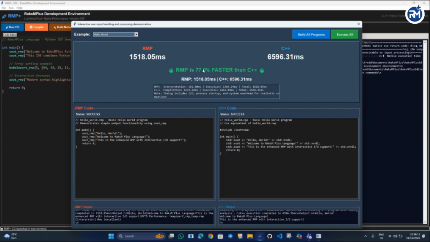You can see my themes are still running and the RMP application is running. Even the themes are a little bit of a heavy application. So on a CPU like an Intel Celeron, with this particular workload, RMP is much faster than C++. You can see the major difference in milliseconds. And if I go with a different program,